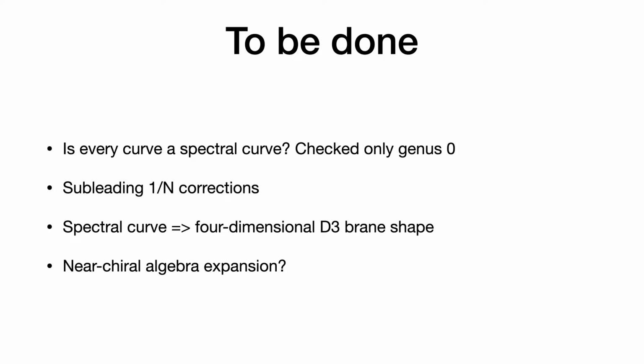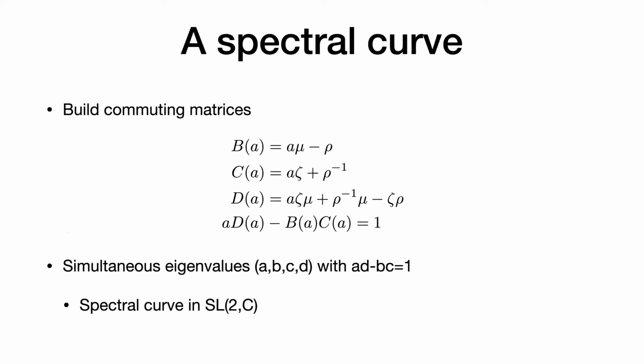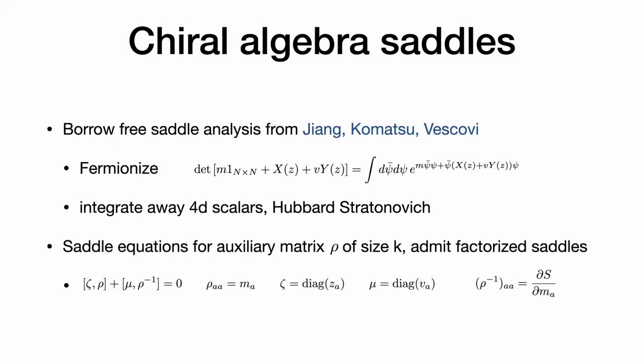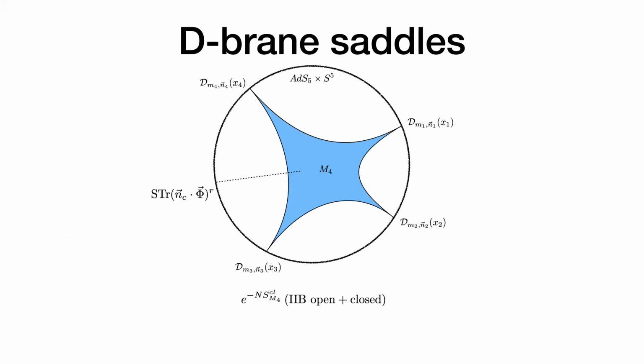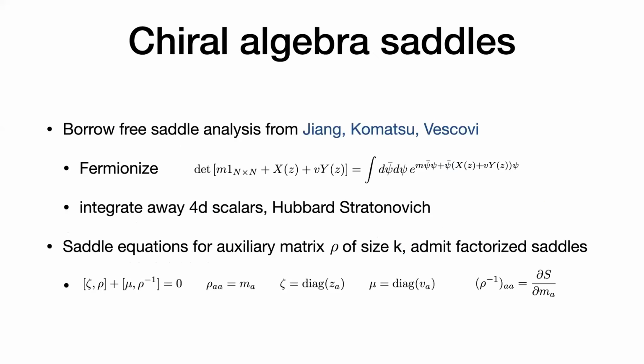So this has been done before quite successfully for a lot of protected sectors of the theory, and I think it should be done for the Chiral algebra subsector too. And then in that situation, for example, these holomorphic curve saddles could be a good starting point to build the full saddles. And finally,